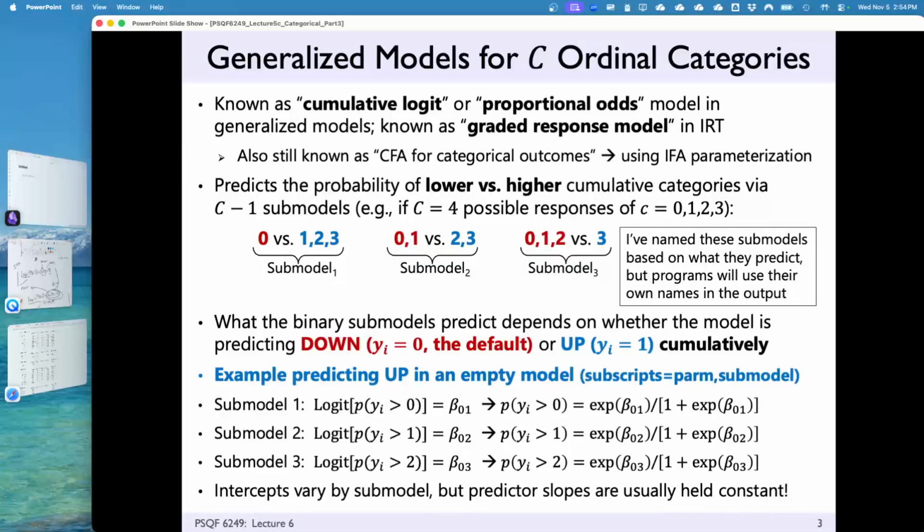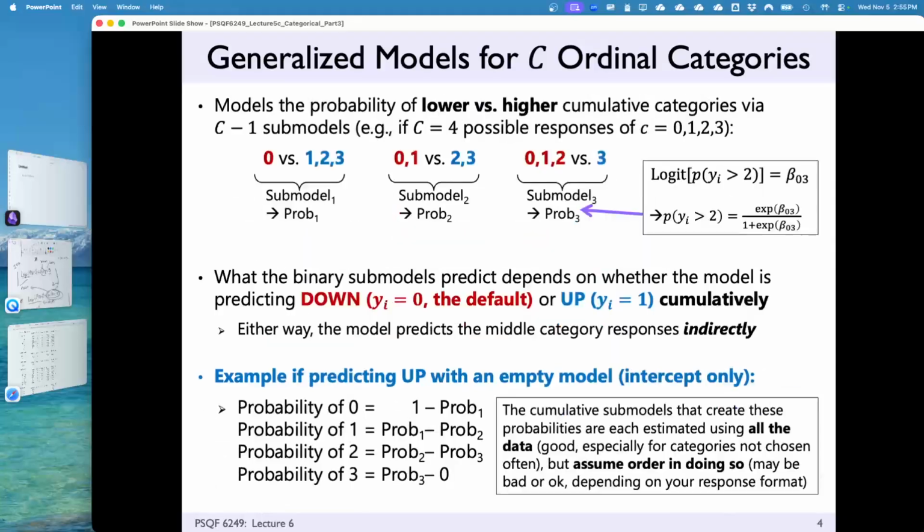For each item, that's right. So within an item, we have these multiple, basically cumulative models. Within each item, we have cumulative models. These are with respect to this one item itself. The slope for that item will be the same on each of these submodels. But then the next item will have a different slope, but it'll be the same on its own submodels. Other questions?